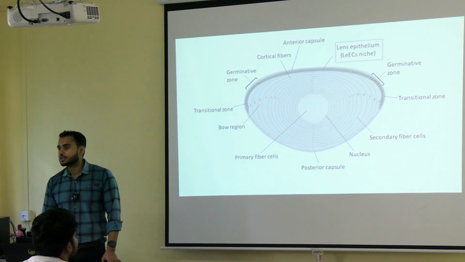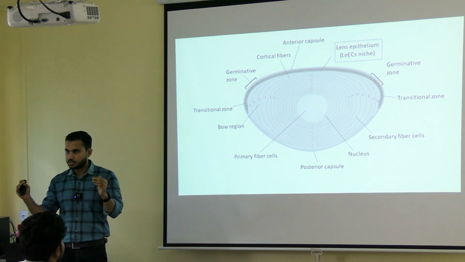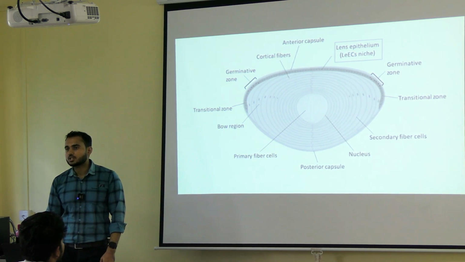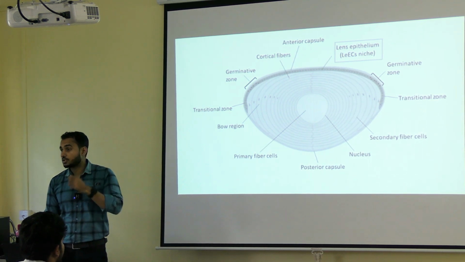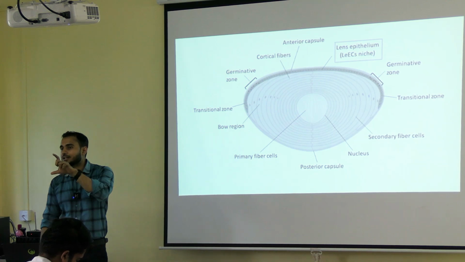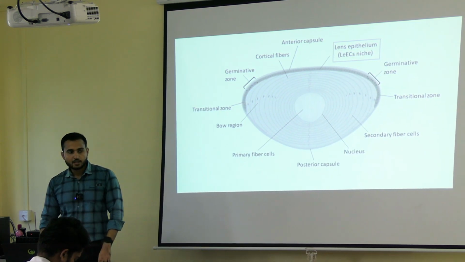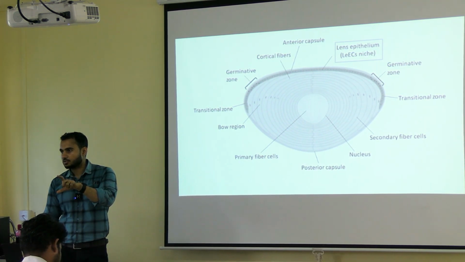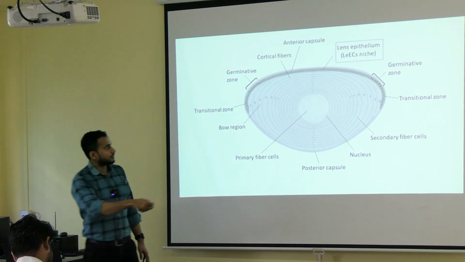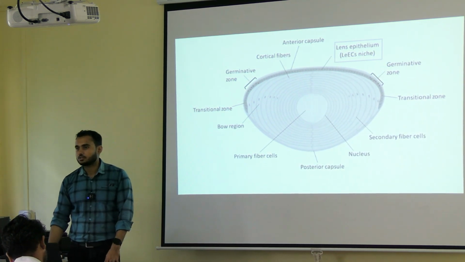And the question is why it is absent. The lens epithelium, from the anterior aspect, when it goes laterally on both sides, reaches a transitional zone. As you can see, the transitional zone is there. Now, when it reaches the transitional zone, at that time the length of the epithelium increases only in the anterior direction. And from this particular point onwards, when it goes posteriorly, it becomes the lens fiber.